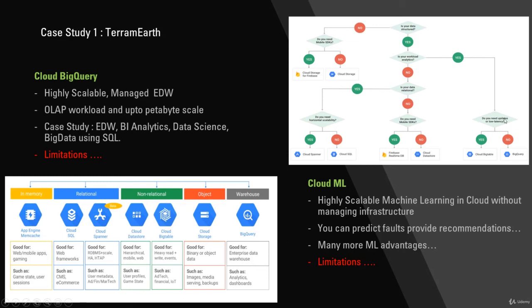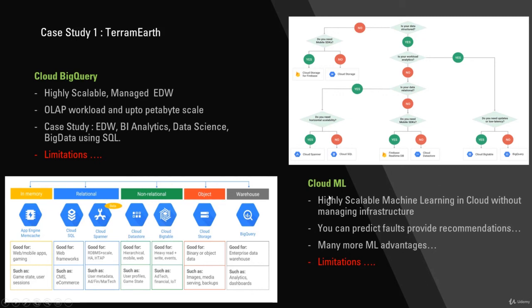Do you want low latency, or do you want to run it as an ML engine? You can decide on that, but ultimately if batch is fine and you do not have a low latency requirement, just go ahead and use BigQuery. So based on that requirement, BigQuery is our choice.